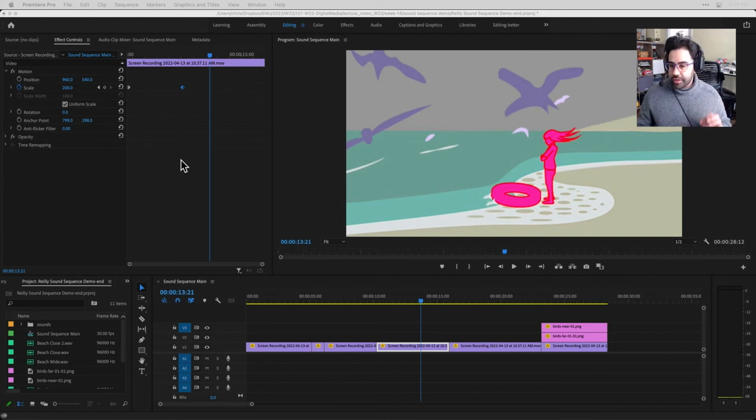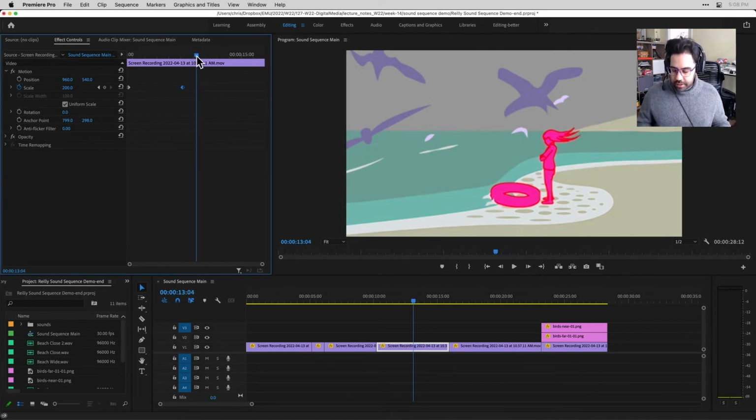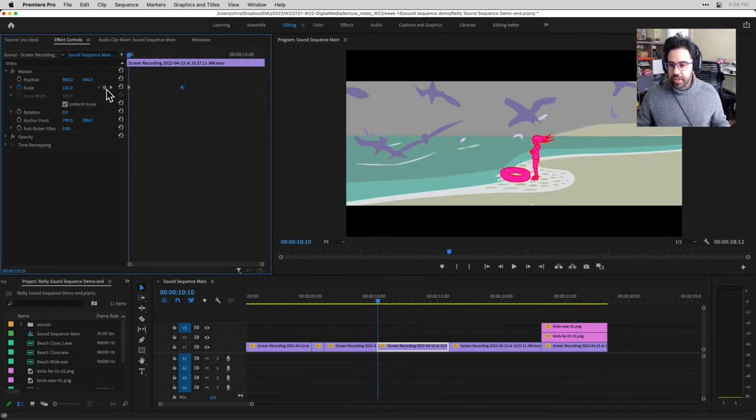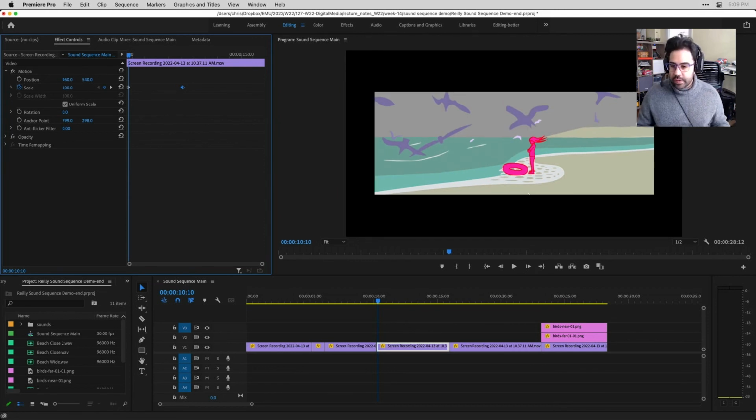We can also adjust the value of each keyframe by aligning the playhead with it. I can do that a couple different ways. I can click and drag and hold down Shift on the keyboard. And as I get near the point in the sequence where a keyframe exists, I'll snap right to it. I can also use the go to previous keyframe or go to next keyframe button to jump back and forth between keyframes. So now that I'm aligned with this first keyframe, I can change that starting value if I want to. Let's say we actually want it to start at 100% instead of 120. So I'll just drop that down, and you can see now we're starting a little bit smaller,